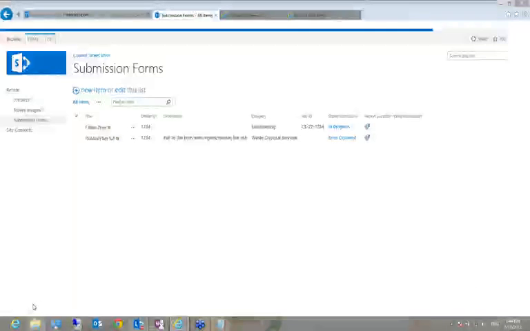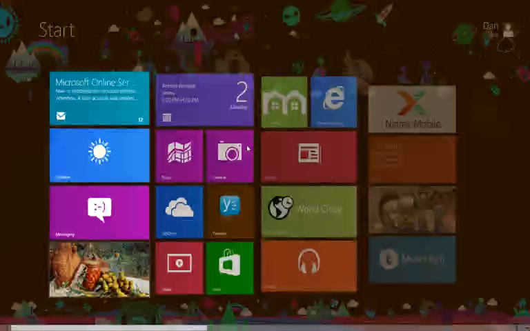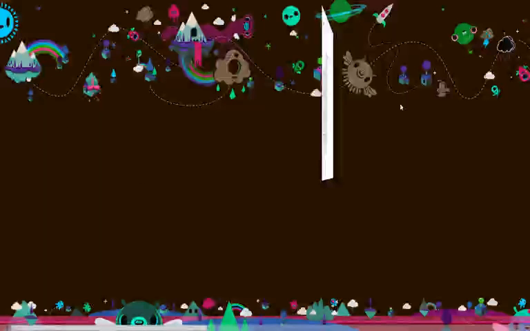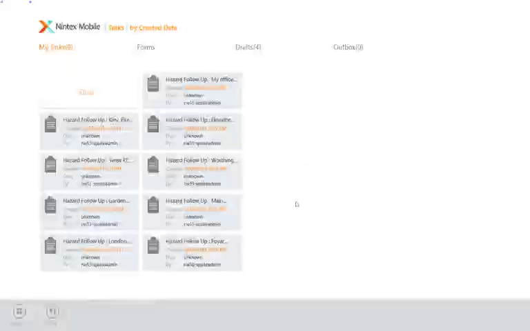What I wanted to show to you is the capability of Nintex Mobile. Now, Nintex Mobile is a feature of Nintex Forms. But what it does is allow you to tie the two products together, so Nintex Workflow and Nintex Forms. So if you do have Nintex Workflow, all of your tasks come up into Nintex Mobile as well. As you can see here, my field report task has come across from that particular workflow,